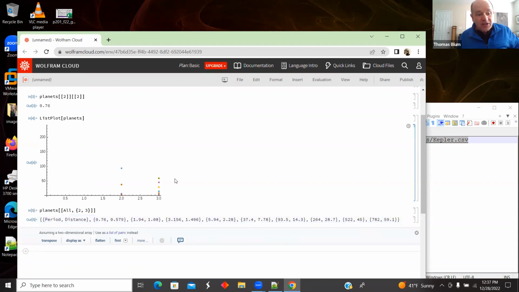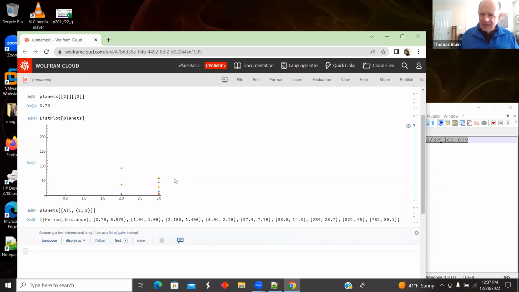So I have selected out the period and distance, and I have all of the rows. So I still have those headers. I want to plot